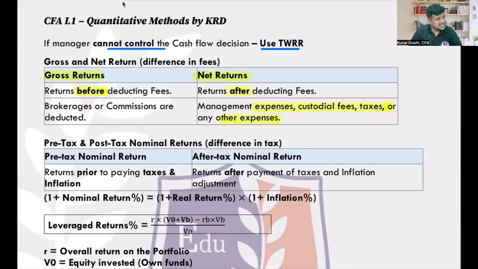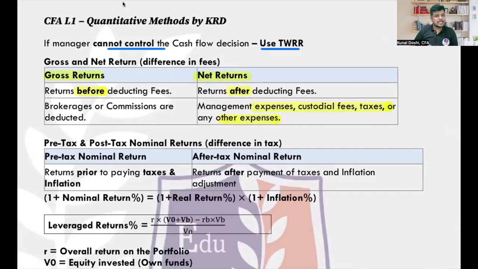Now, there is one very interesting thing. Why does the fund manager charge fees? Because of the service, right? So you pay the fund manager that. The difference between the gross and the net return is the fees adjustment. But when you give your money to the fund manager, he goes and buys securities on your behalf. When they buy securities, they pay commission or brokerage for you. Those are anyway deducted from the gross returns also.